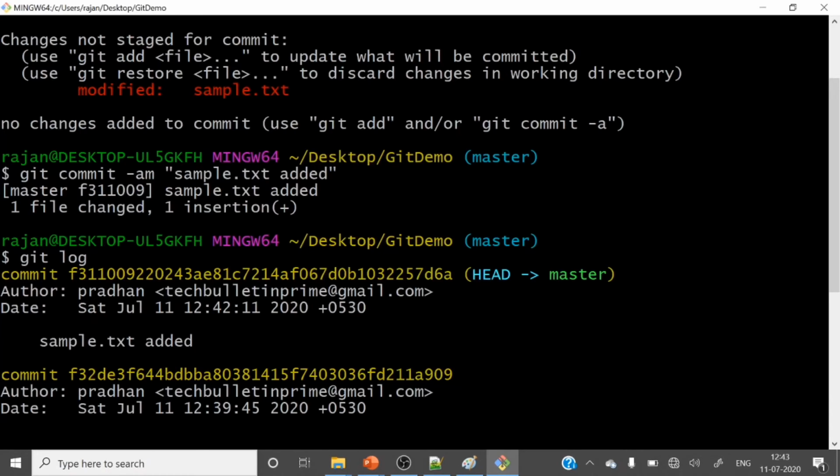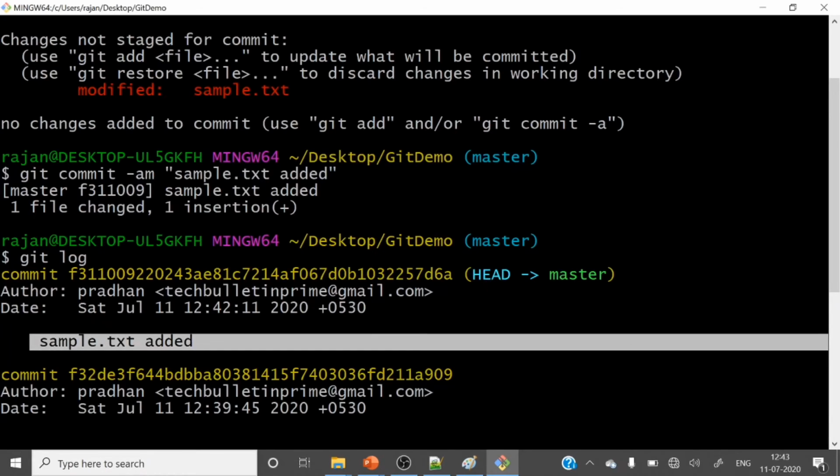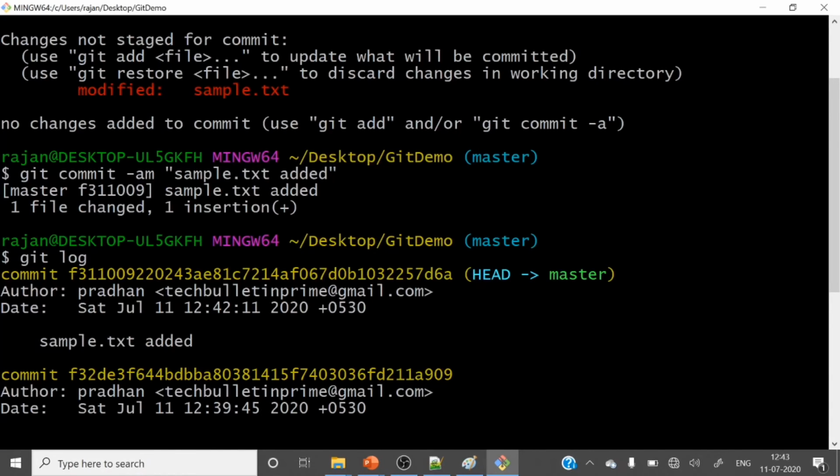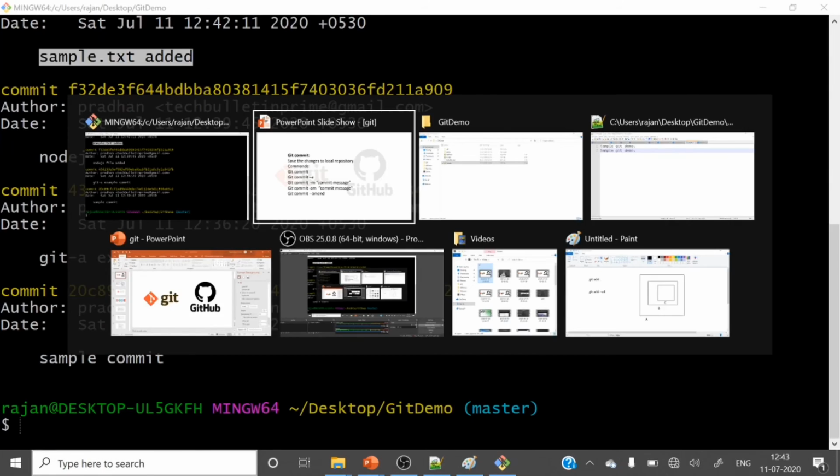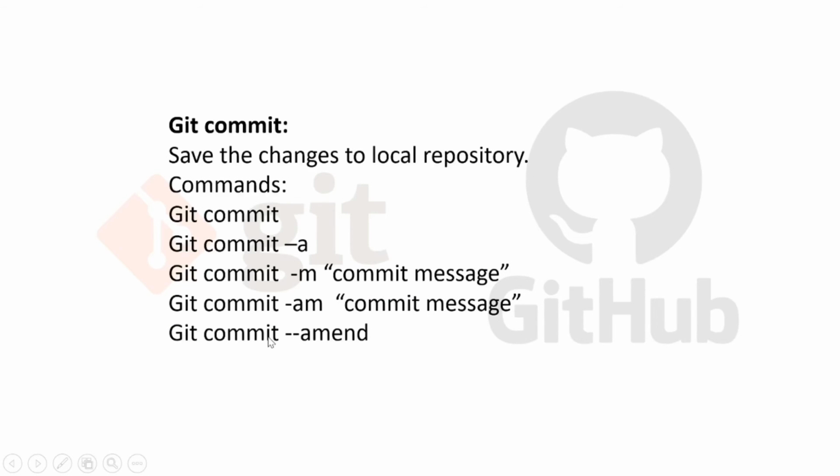But suppose you want to change this log message, the commit message of the latest commit. How will you do it? This command will help you, git commit --amend. It will change the commit message of the latest commit.